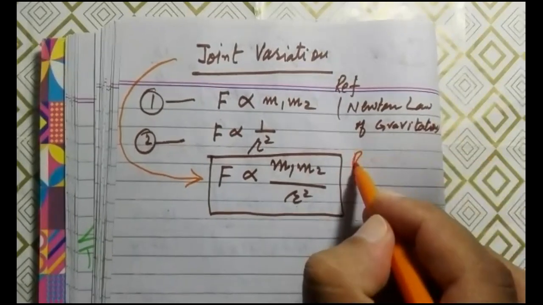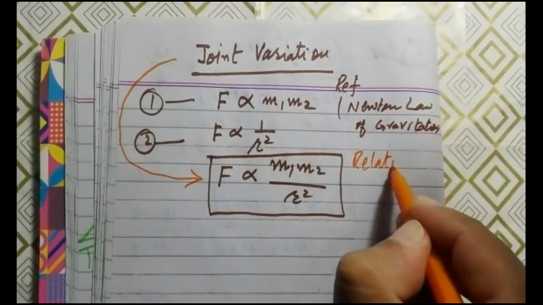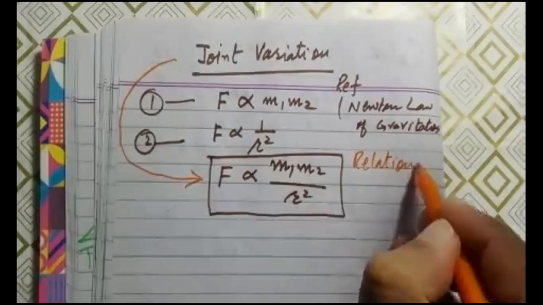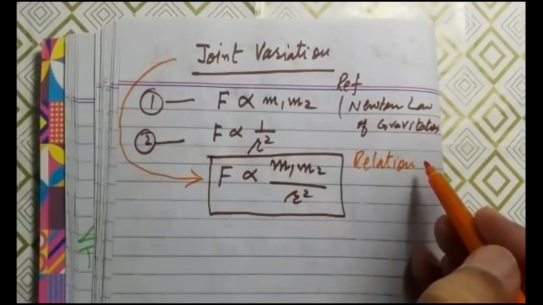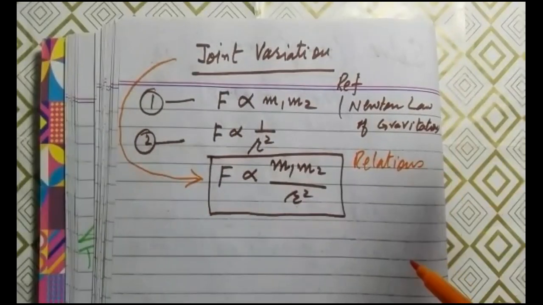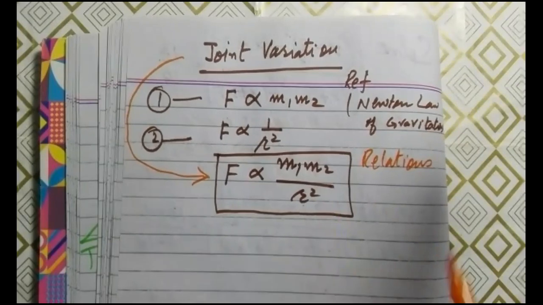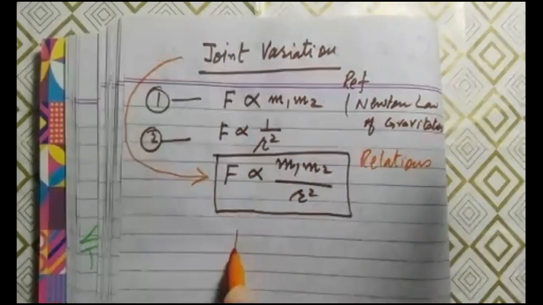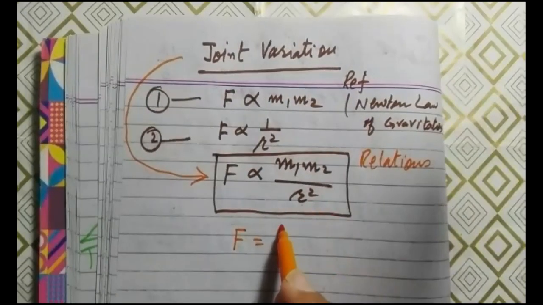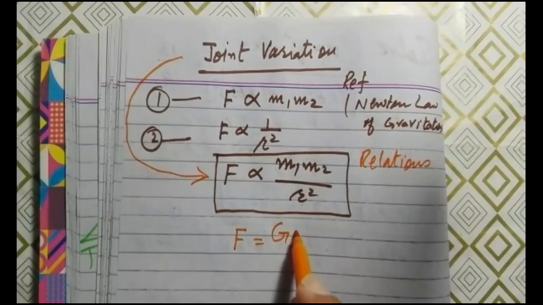Fine. I am using the word relation, not equations, because relation and equations have different meanings. So these are the relations of direct variation or inverse variation. These are not equations. But obviously, once you want to solve it, then in the next procedure, you will place an equality sign and you place capital G as a constant,